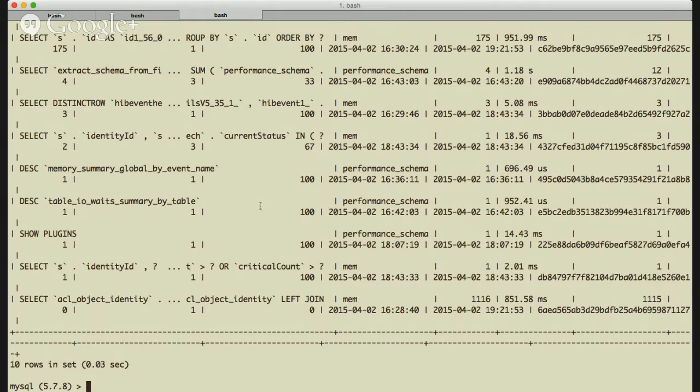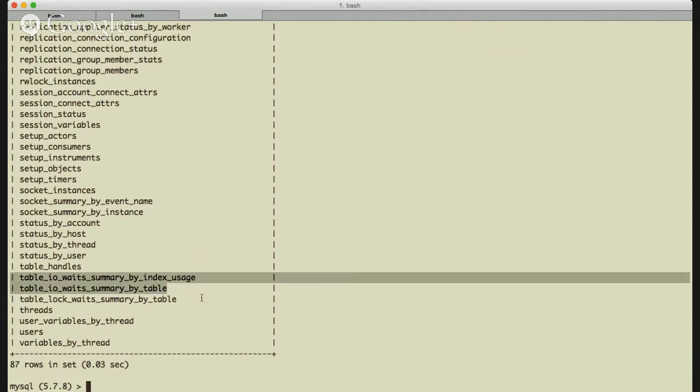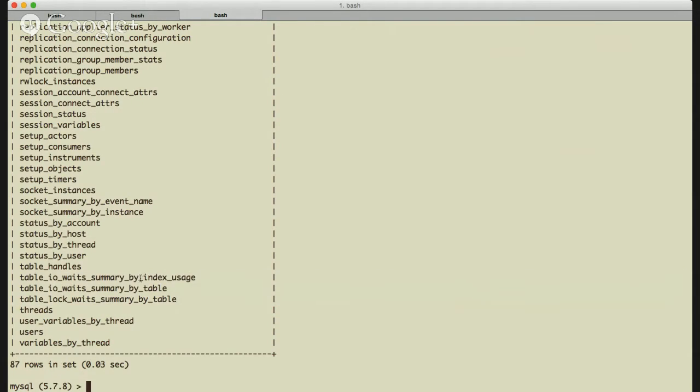And to get the kind of data, not just this query data, right? There's all of the table instrumentation data as well. So these tables here in Performance Schema, the table I/O waits, and they're waits by table and by index too. So if I see what that looks like,